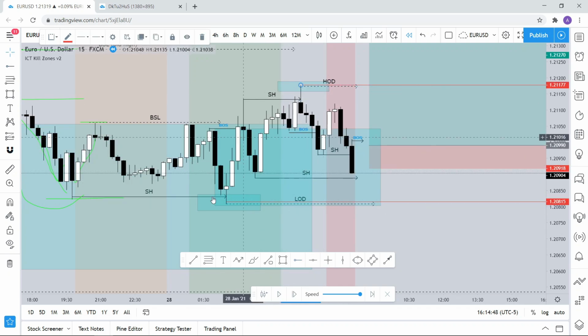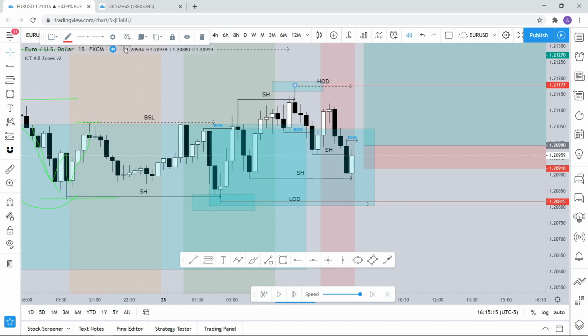Where is the liquidity inside of this structure? Where we have this old low here, we have this low that was created right here, and that is containing sell side liquidity. Again, if price is going to move higher in this case, it will try to take out as many buyers as possible before the move. So those buyers, again, are placing the stop losses below these lows. Price is stop hunting these lows, as you can see,